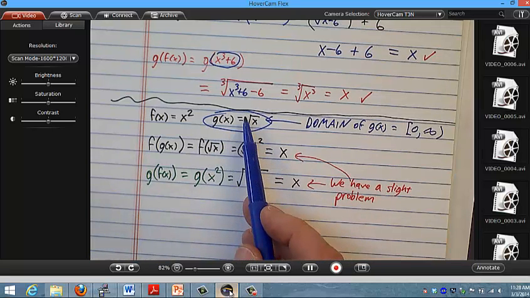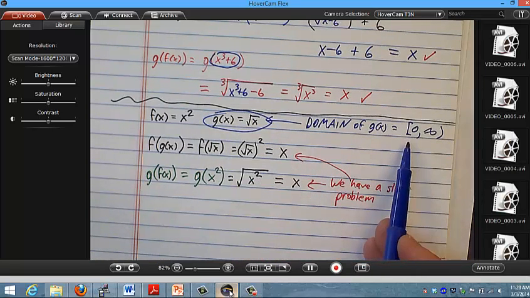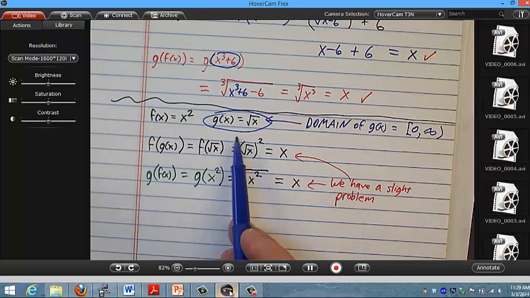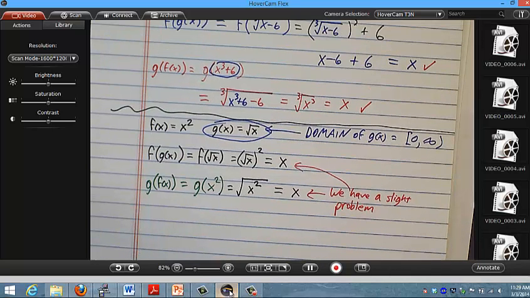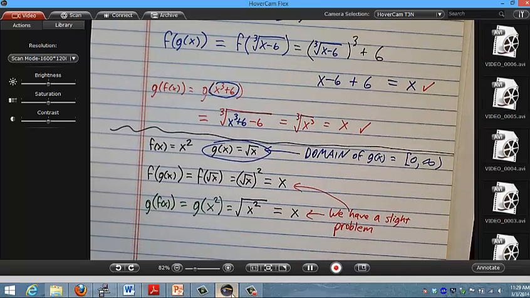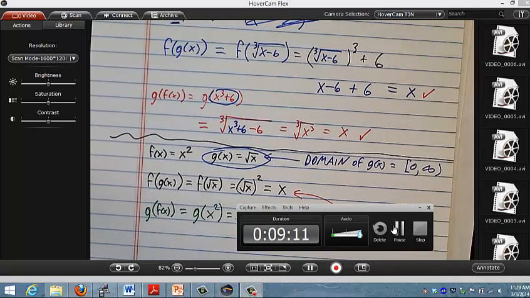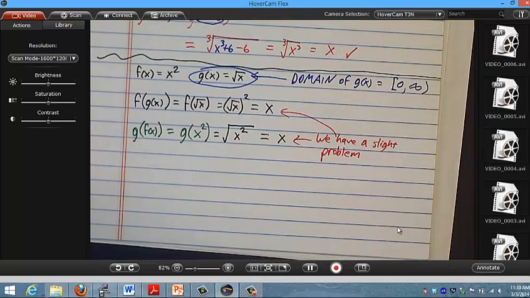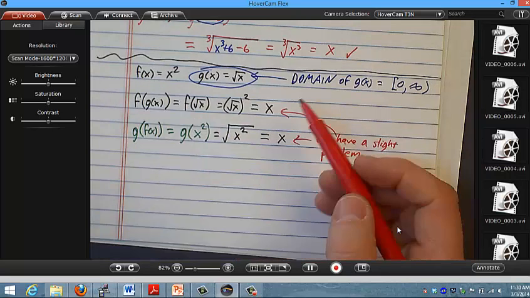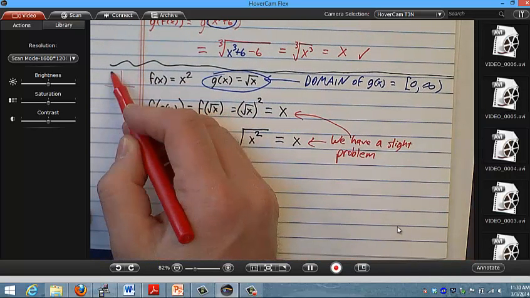So if I say that this is my domain, then I need this to be true for all the x's in the domain. So the way to see you have a problem, maybe it's easiest to see if you look at the graph. If we graph y equals x squared,